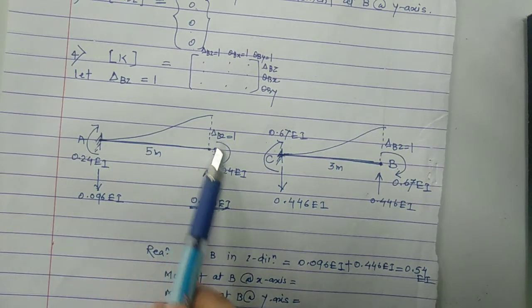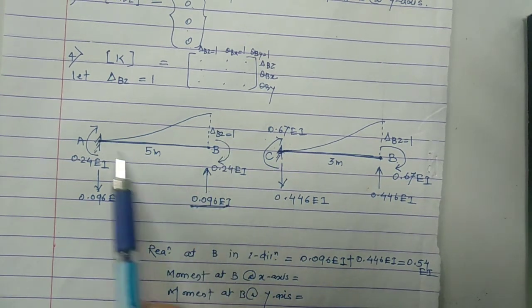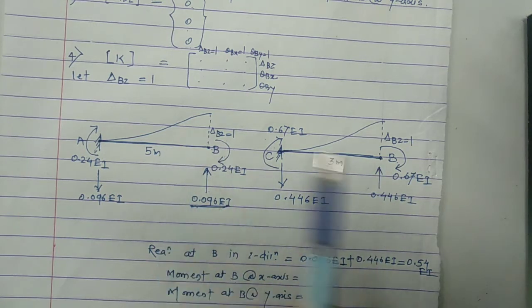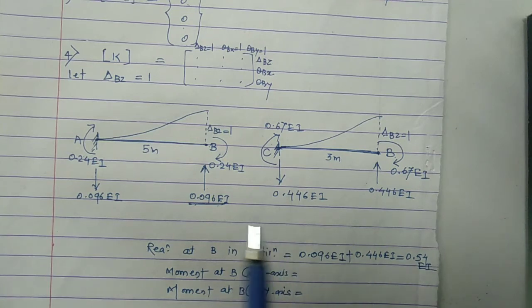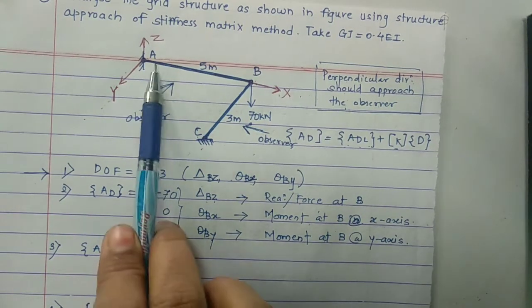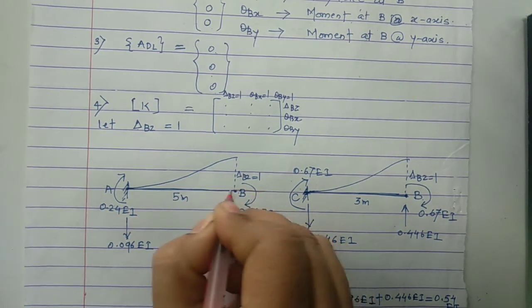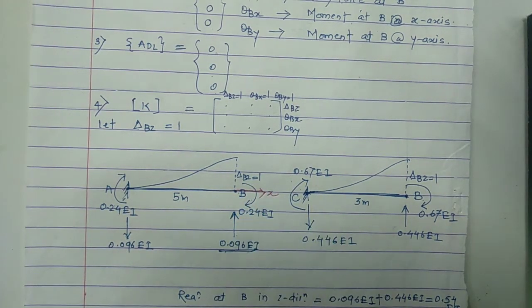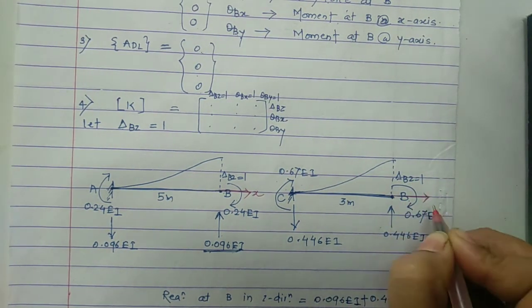Okay, so here see all moments. Now here we have to decide these moments for AB member and for CB member. These moments are about x axis or about y axis, that we have to decide. And how to decide that? You have to see the member in which direction it is. So see original structure figure, member AB is along x axis, and this member CB is along y axis.